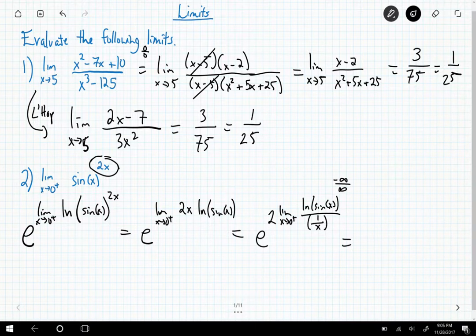That's important, so I'll just put L'Hopital's rule once again. It'll be a common theme, not all the time, but for a lot of the problems with limits, it can make life easy. So this is limit as x approaches 0 from the right. Now remember, we take the derivative of the numerator and divide by the derivative of the denominator. Derivative of the numerator, we need to take the chain rule. So this goes 1 over sine of x